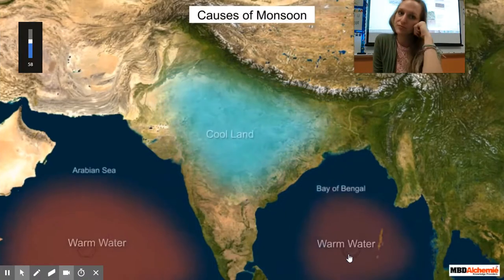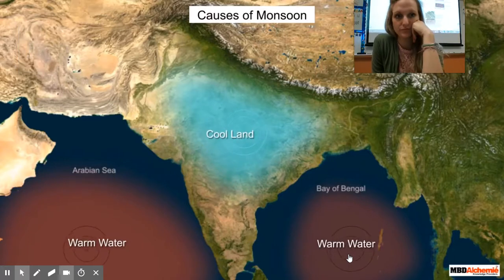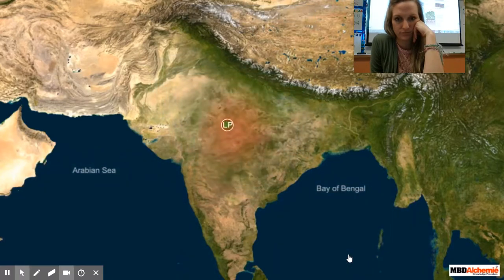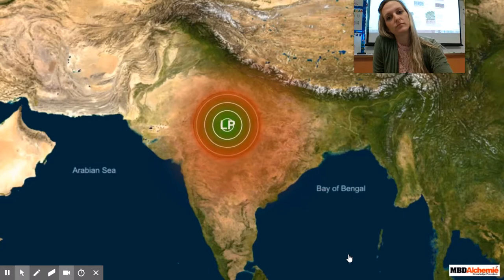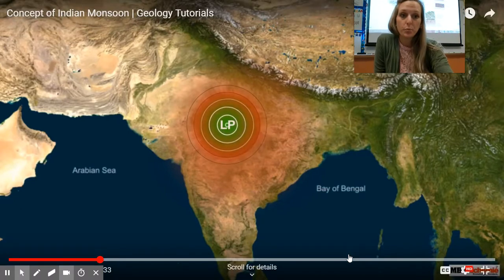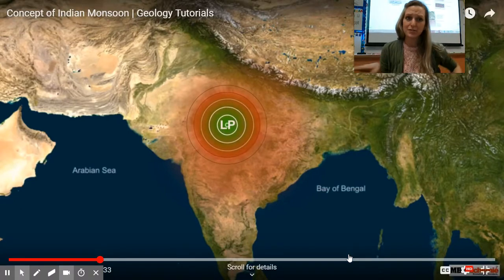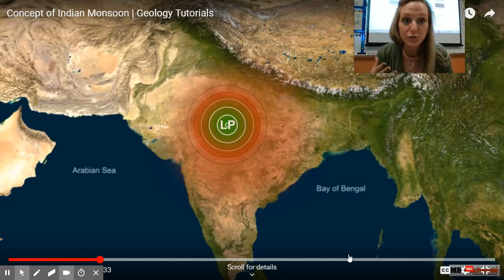The main cause is the differential heating and cooling of land and its surrounding water bodies, that is, seas and oceans. During summer, land is hotter, and thus low pressure develops over interior parts of the large Indian landmass. And it's low pressure because don't think that there's no water over it, right? But there's water particles in the air. Gas particles too, like,